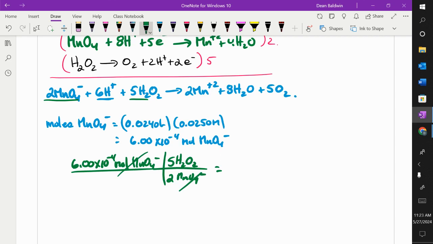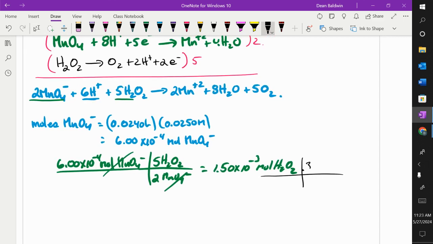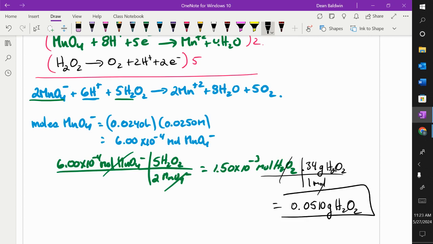That gives us 1.50 times 10 to the minus 3 moles of hydrogen peroxide. I want to know the grams of it because we're figuring out the percent concentration. So I'm going to multiply that by its molar mass, which is 34 grams H2O2 for every mole, which gives us 0.0510 grams of hydrogen peroxide was in